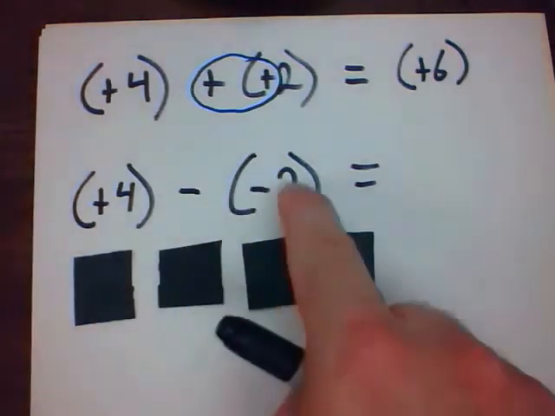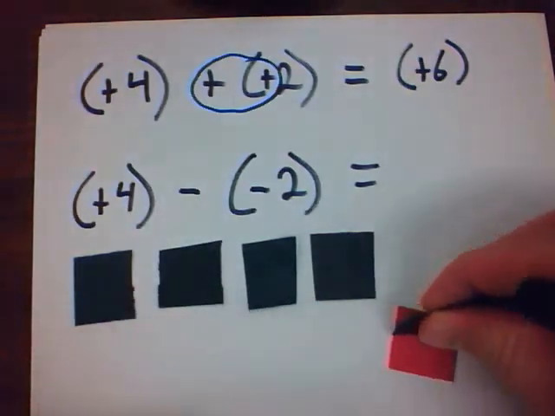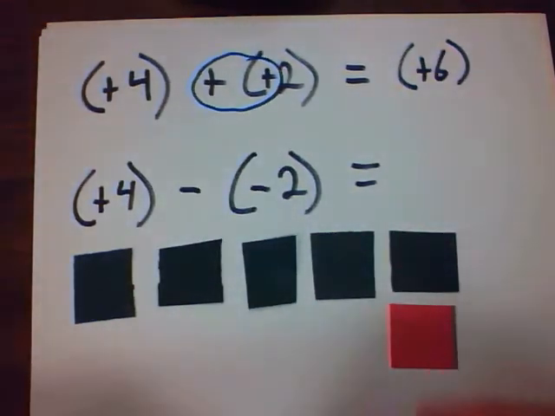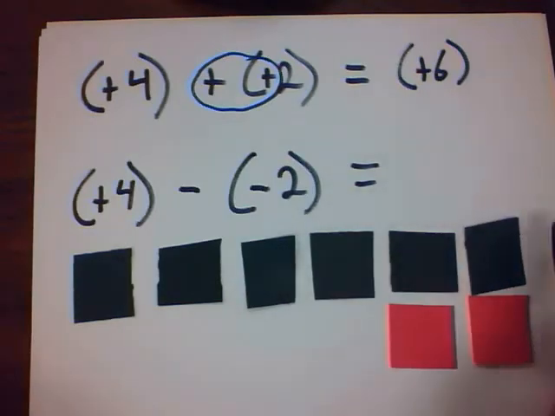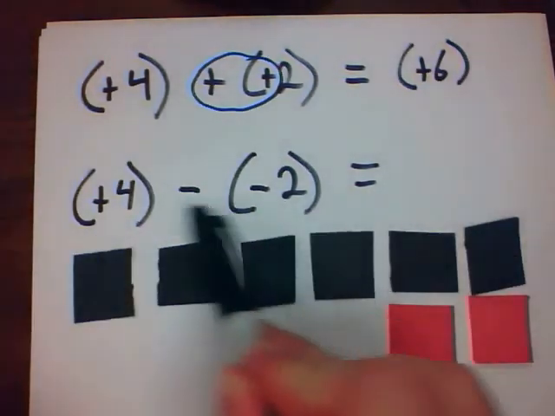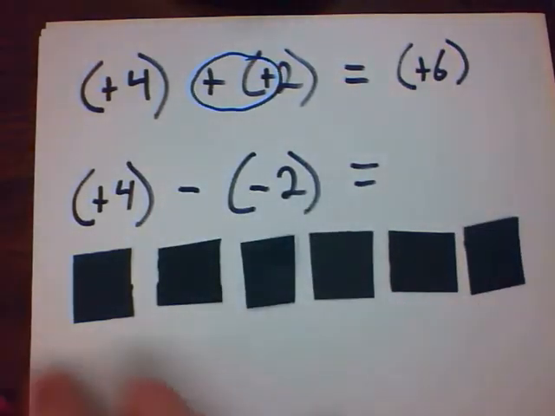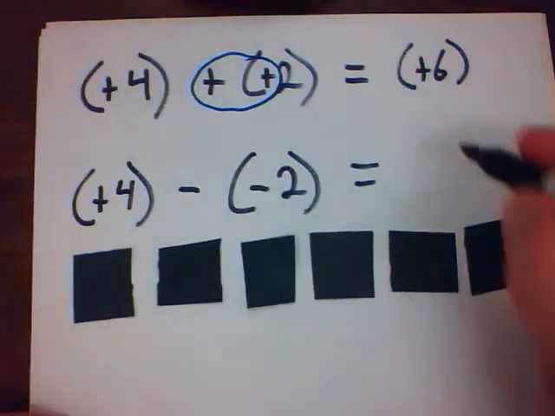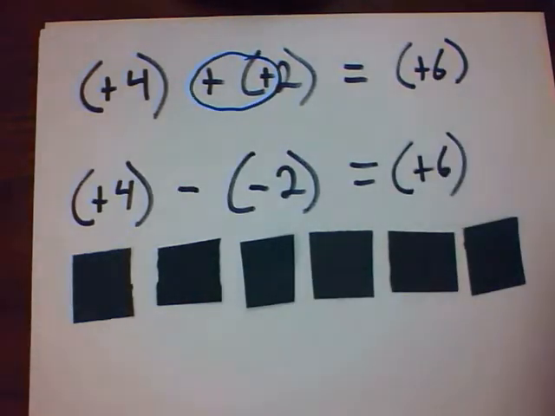I'm now going to take away two negatives. I don't have any negatives to take away, so I'm going to put some zeros in. If you don't know what I'm doing here, go watch my previous videos. This is still currently positive 4 at the moment. Now I'm going to take away negative 2. This gives me the answer, positive 6. Notice again,